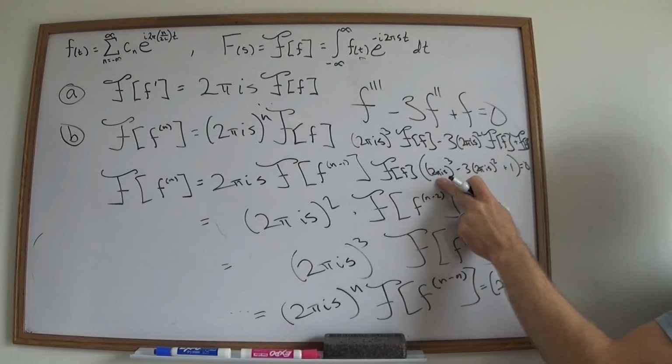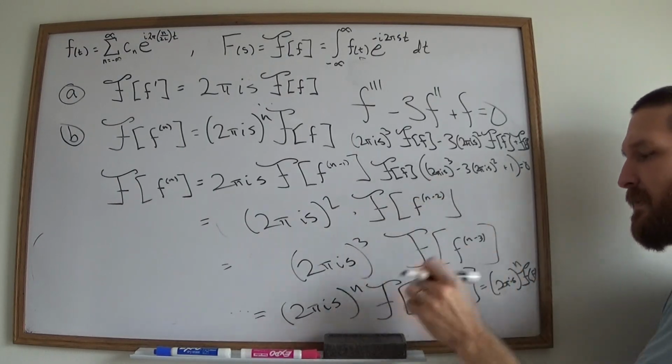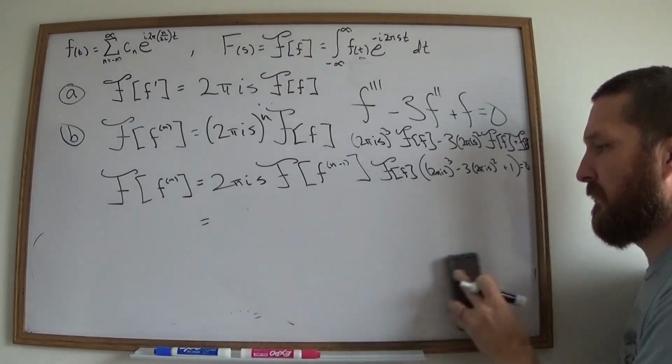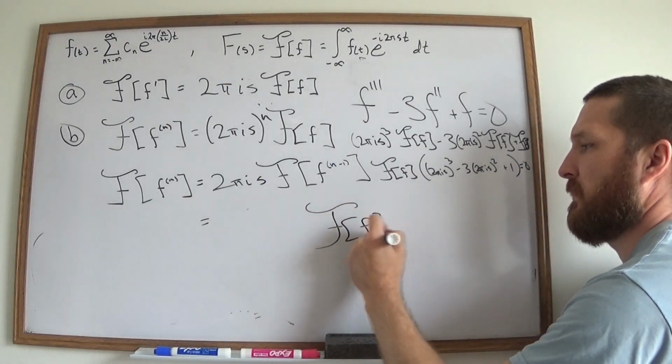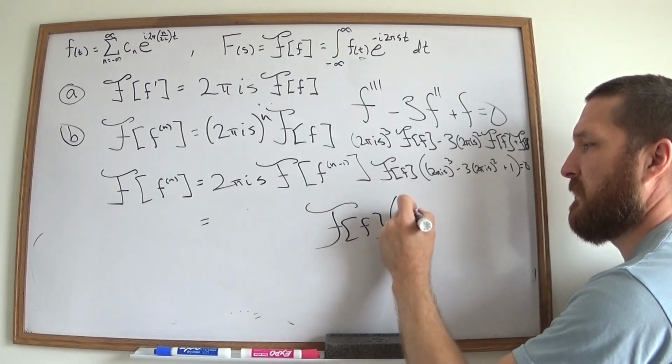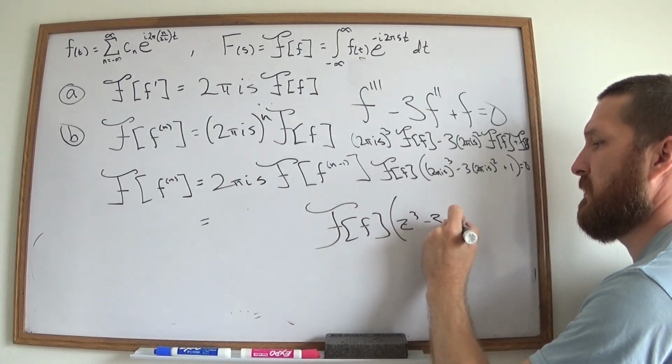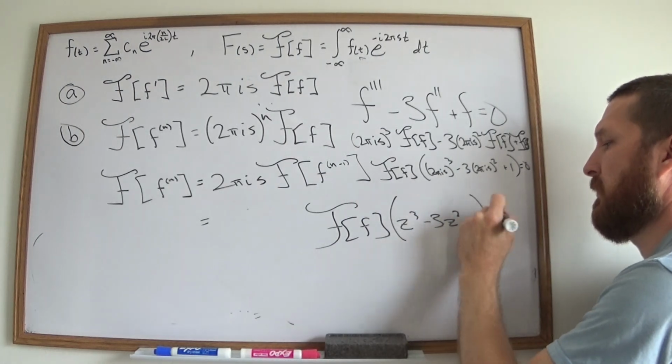This is just some number, by the way. Nothing crazy is going on. You could just call this z, if you like. And you have the Fourier transform of the original function times some number, z cubed minus 3z squared plus 1, equals